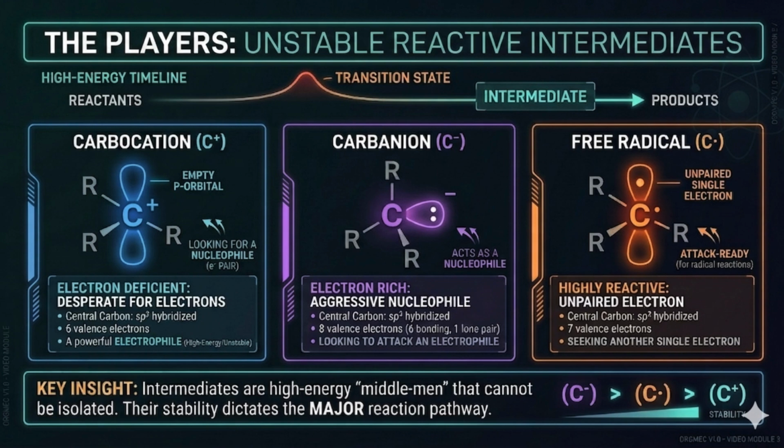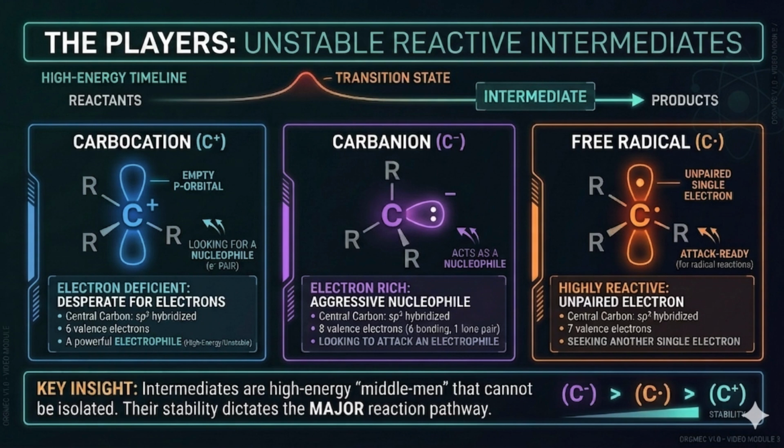gap. Now, the complete opposite, the carbanion in purple. This player is electron-rich, sporting sp3 hybridization and a full lone pair. With 8 valence electrons, it doesn't need help, it wants to attack. It's an aggressive nucleophile looking for any electron-poor spot to strike. Then we have the wildcard, the free radical. This one is sp2 hybridized with 7 valence electrons. That single, unpaired electron makes it incredibly twitchy and attack-ready. It doesn't want a pair, it's just seeking one more single electron to find its balance, making it the face